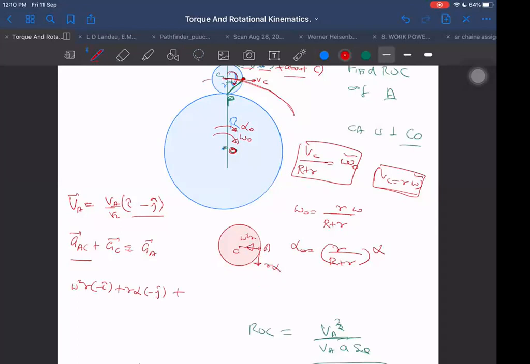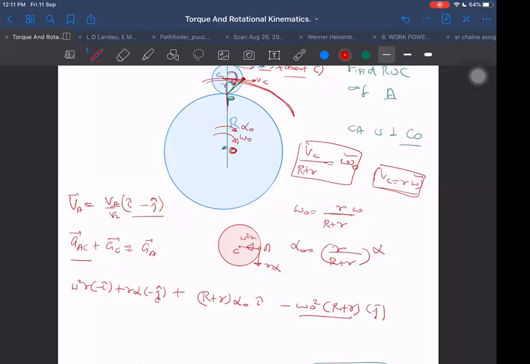What will be the acceleration of the center now? The center is moving in a well-defined path. I cannot say its acceleration is 0 because it is moving in a curvilinear path, and in a curvilinear path acceleration cannot be 0. It is moving in a perfect circular path, so it has two possible accelerations: tangential and centripetal. That is (R plus r) into alpha naught along i cap, and minus omega naught square into (R plus r), the radius, along j cap. You understand? It also has two accelerations.